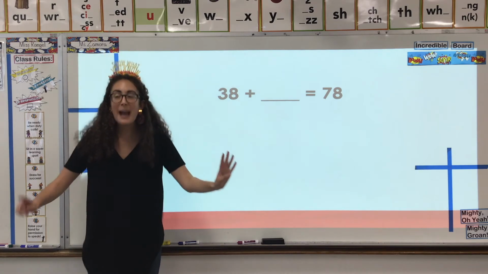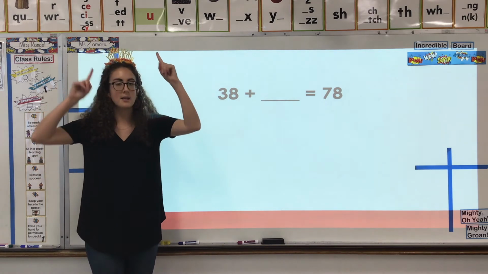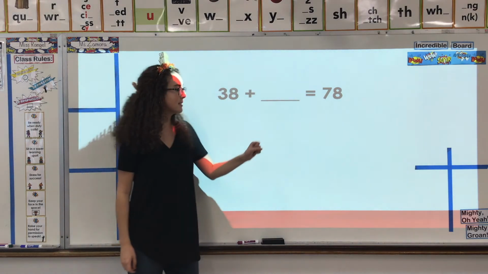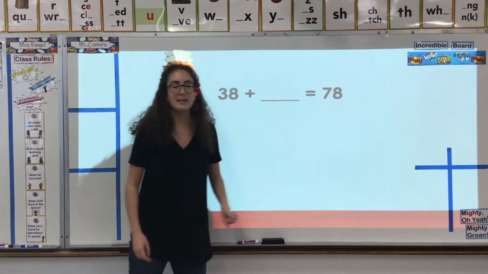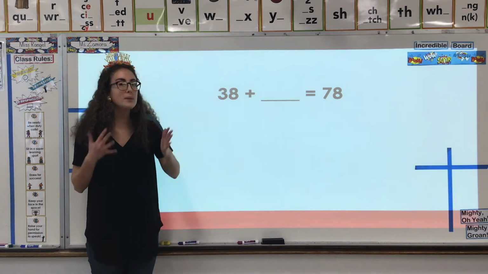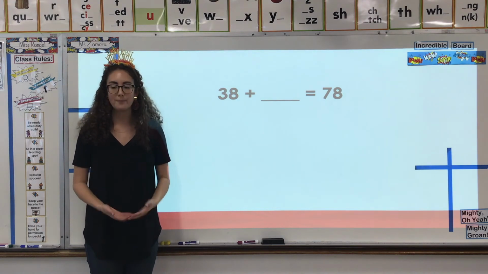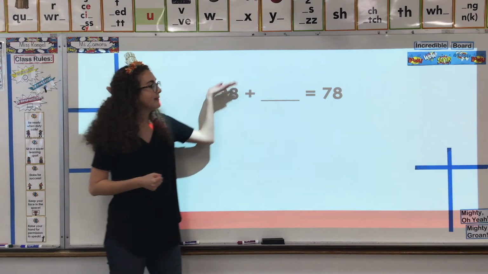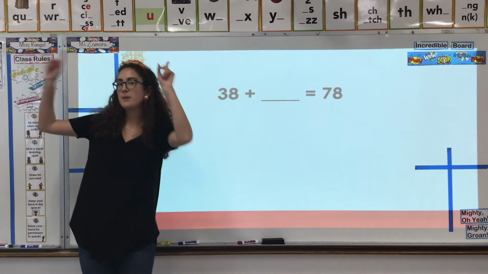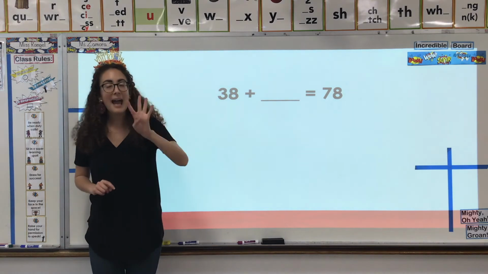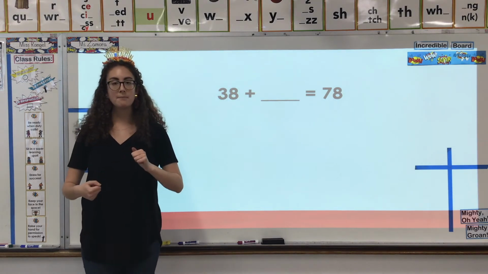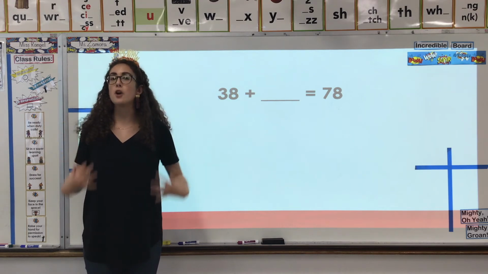We can skip count up by tens. Because look, we've got 3 tens and 7 tens, but we have the same number of ones. So we know there's only a tens difference. So let's see. We're starting at 38. Let's skip count up to 78 and see how many tens we had to add. Are you ready? Can we all say 38,